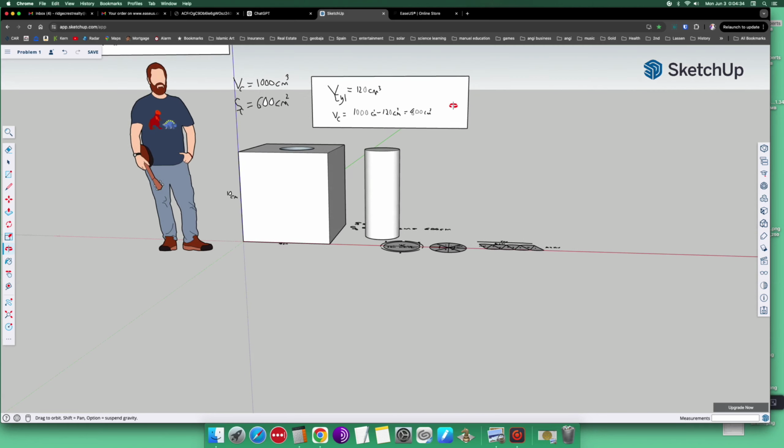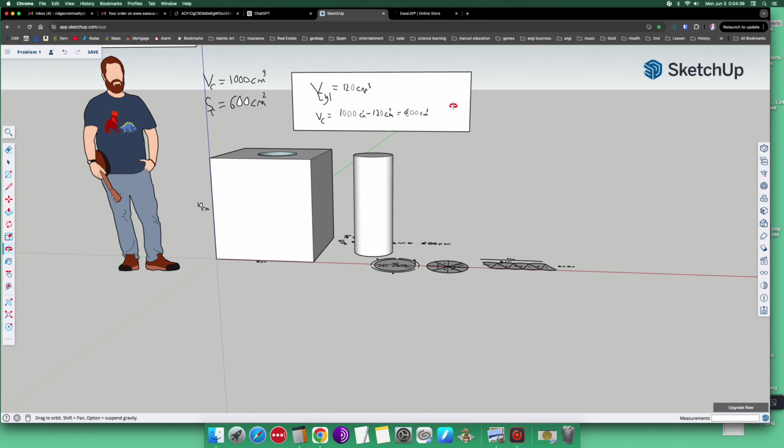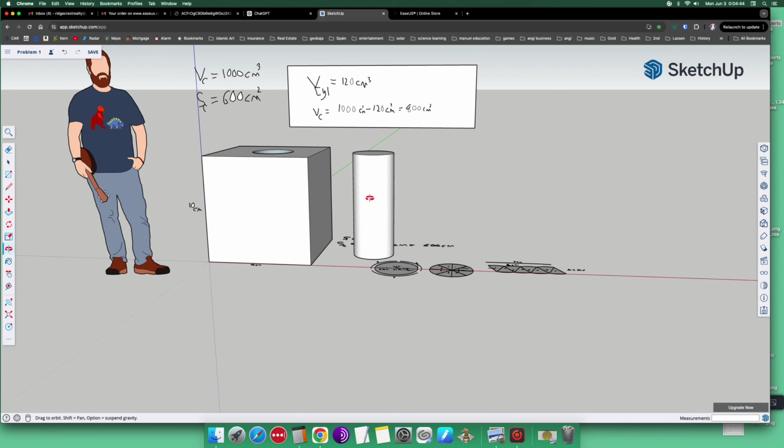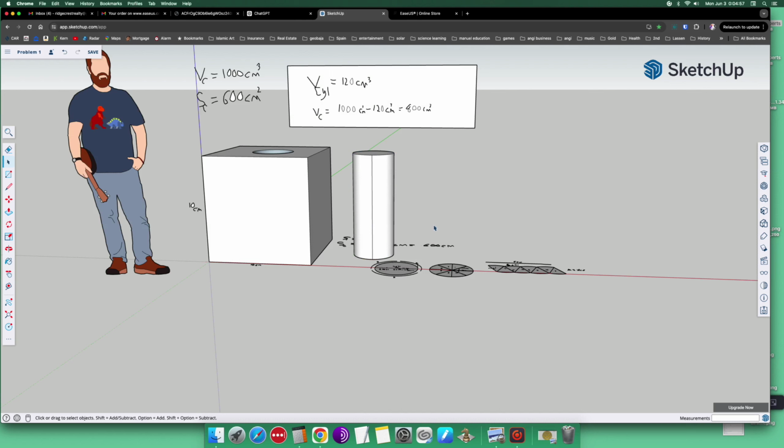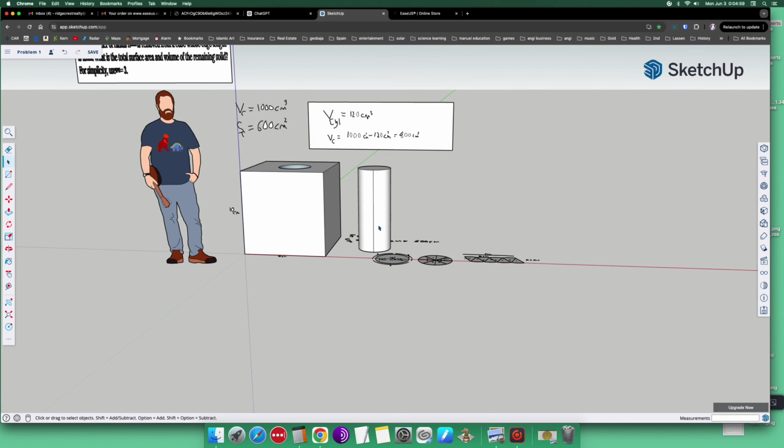So let's talk about answering the second part. The second part is what surface area is left after. So first of all, how can we find the surface area of this cylinder? Well, recall that this part here going up was 10 centimeters. You see it? So we could do that to calculate volume, but now imagine that I unroll it